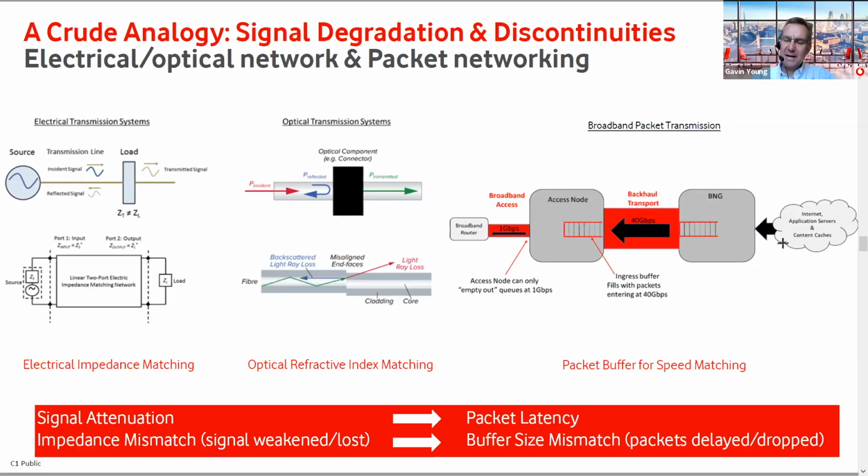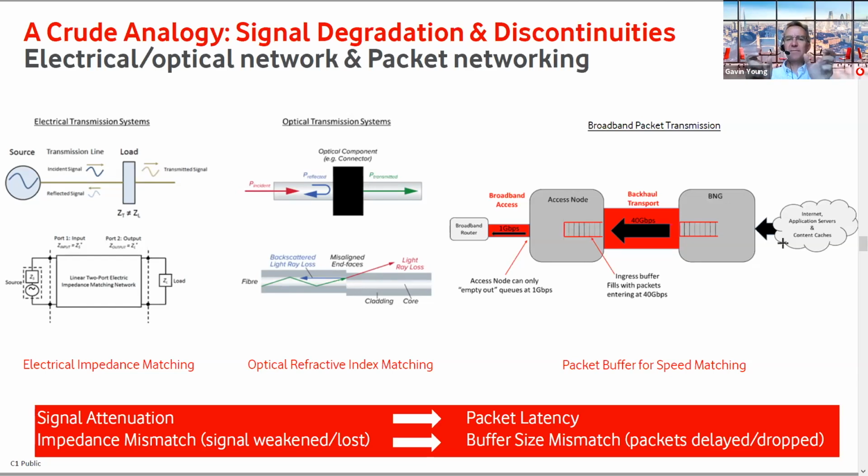And in packet networks, you can get a problem where you have mismatched speed. So if you had, for example, a 40 gigabit per second backhaul connection that was then connected into an access link of 1 gigabit per second, then basically you can send packets down. They can burst down that 40 gigabit backhaul and hit the access connection faster than it can service them. And we have buffers in packet networks to give us an opportunity to match speeds a little bit, clock packets in at one speed and then clock them out at another speed.